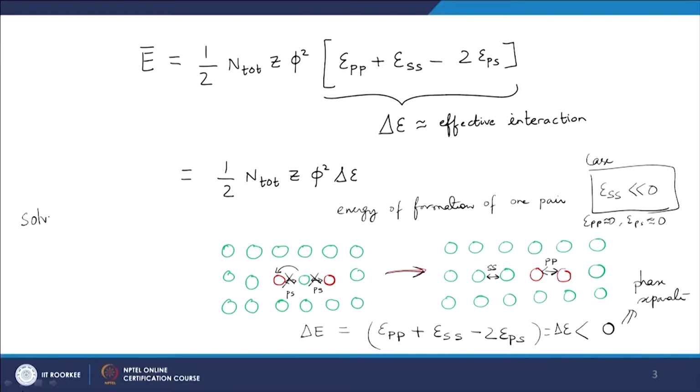So, we will define a quantity called solvent quality chi, that is defined as minus Z delta epsilon divided by